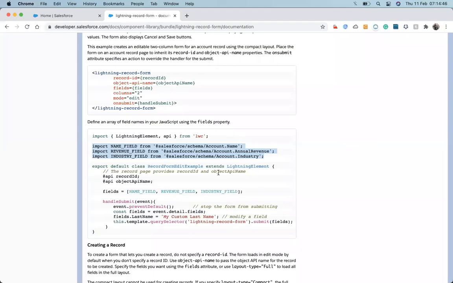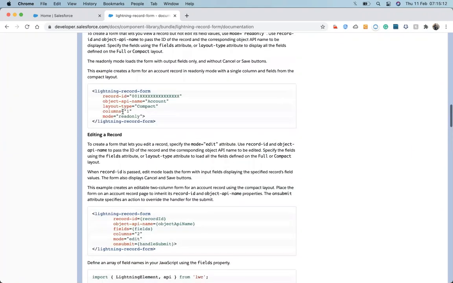For using the name field, similar to what we have learned, the record form accepts the field values in the form of an array. So we're just creating field values in the form of an array and using that field value inside our record form, so that it will show only those fields which are mentioned in the array.